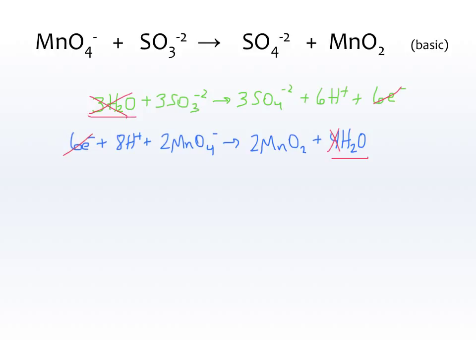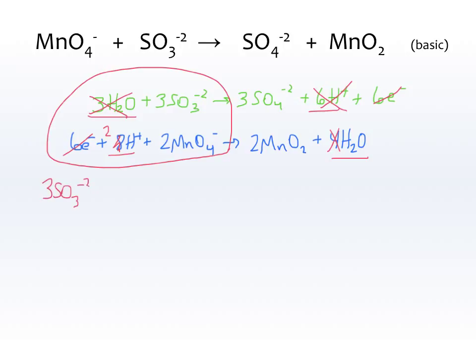For the hydrogens, 8 and 6, all 6 of these are going to go, and all but 2 of those are going to go. So that when I add my reactions together, I won't then have to cancel another time. If you didn't rewrite here, you will definitely need to rewrite before you start canceling hydrogens and waters, because it's really easy to get lost in all these numbers. So I'll end up having